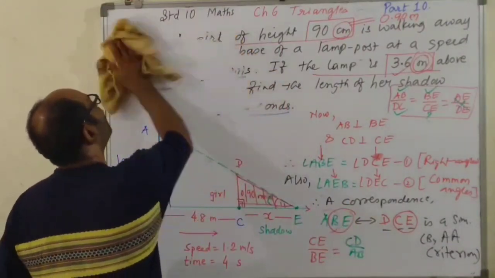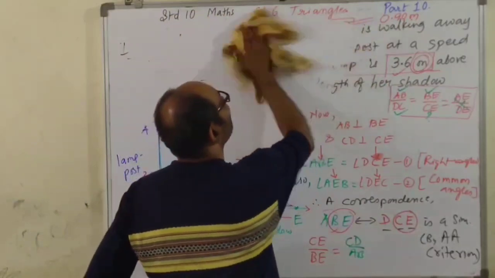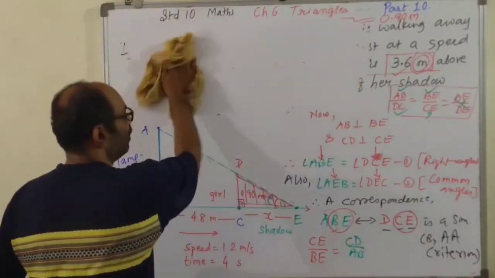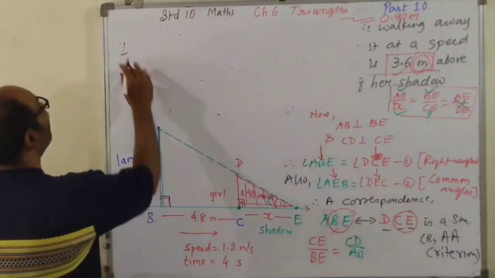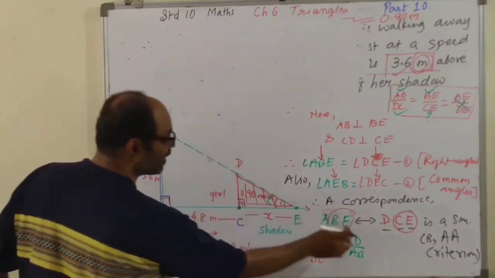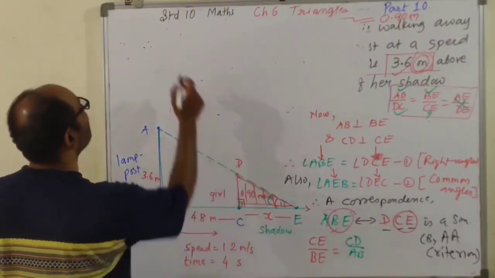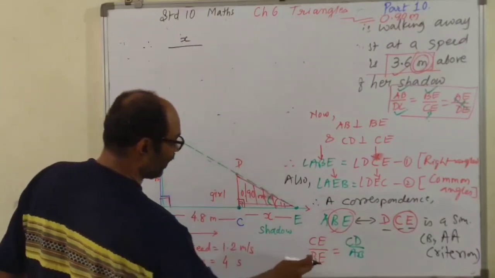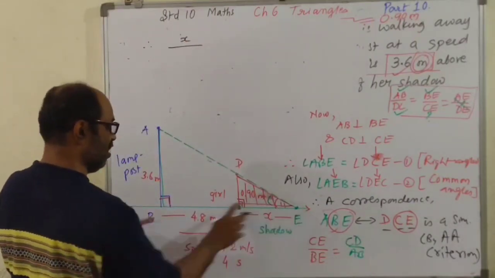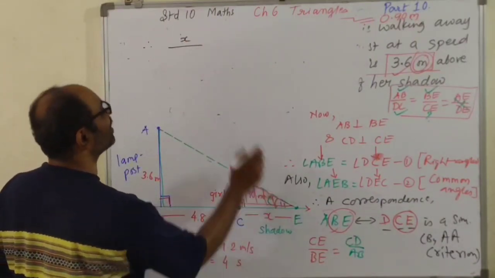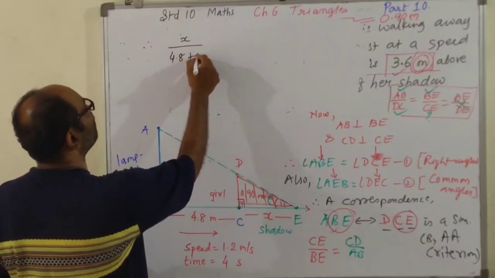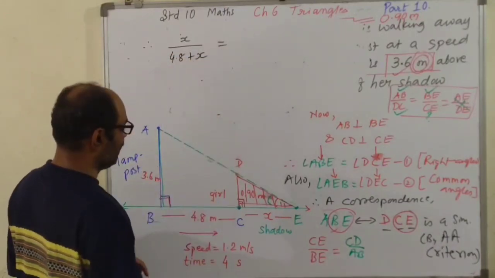All right. ठीक है. Therefore, what is CE? X upon what is BE? 4.8 plus X. 4.8 plus X is equal to CD